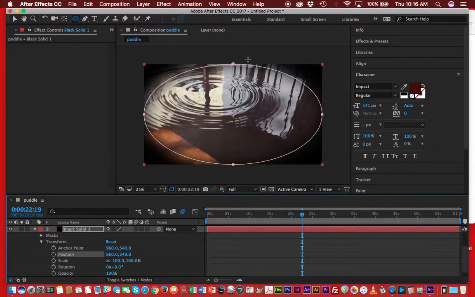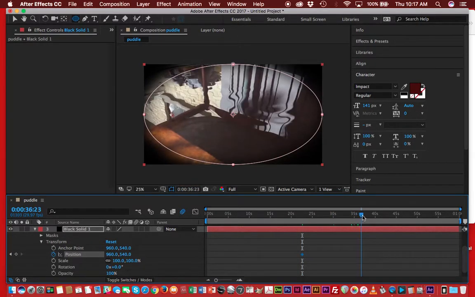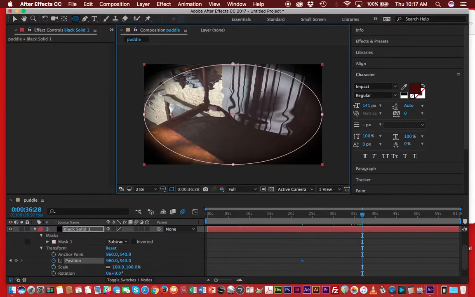And let's see. So we have a keyframe here, and we're going to hit position. And now this is going to allow us to scrub ahead. And if we click out of there,